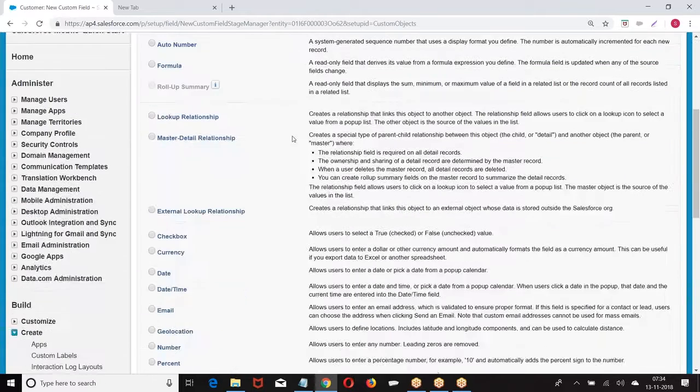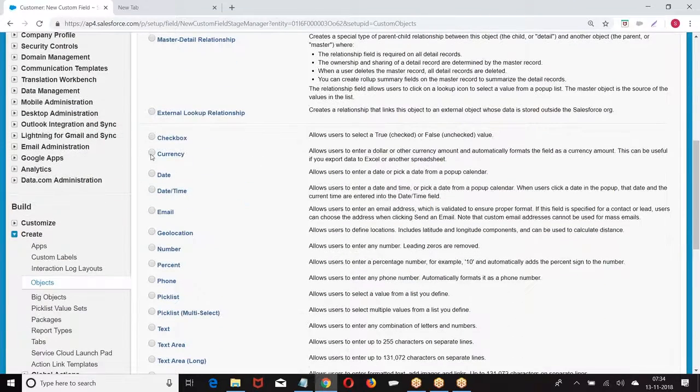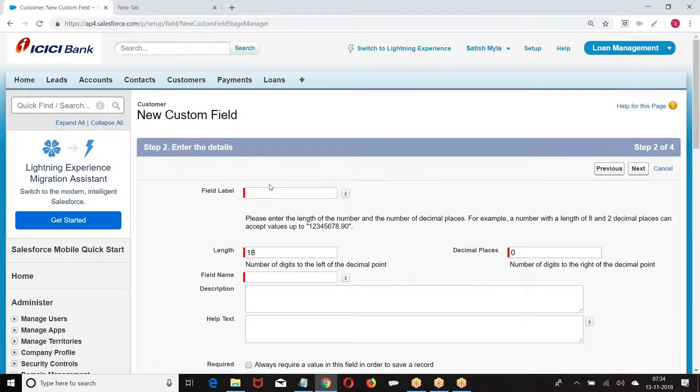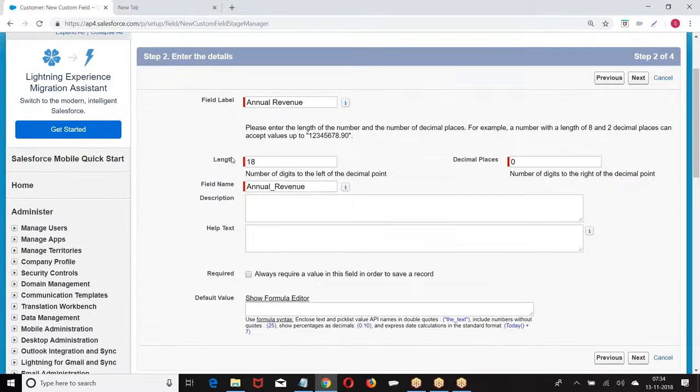Then we had next, currency. Annual revenue. I told you currency, what is the length? Maximum 18 characters. Now I'm giving 10 numerical figure, 2 decimal.